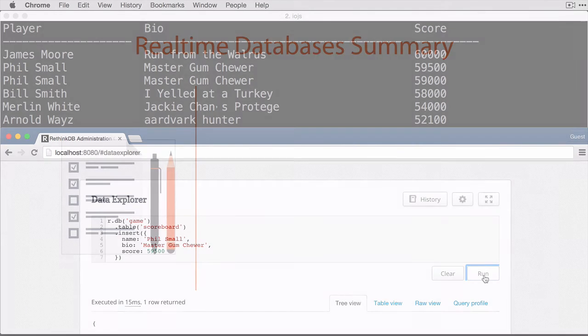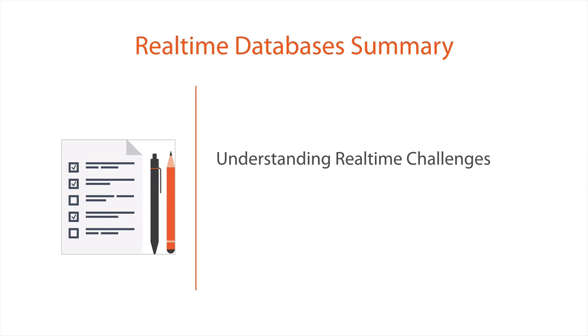Okay, well now you should have a little better understanding of the real-time problem space, and hopefully you can see the benefits offered by the real-time